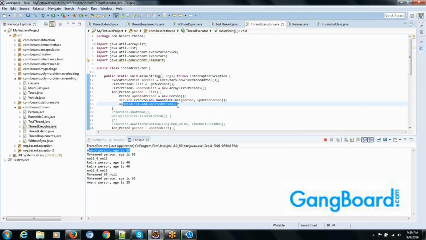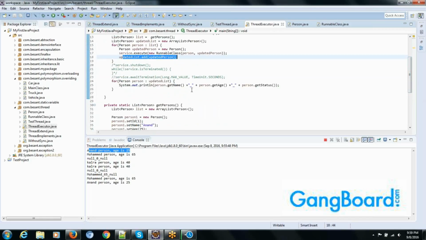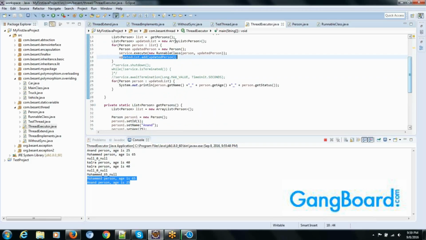But let's say when everything is done, you're still printing this out. That's what I'm saying, it might be updated or it might not be updated. We can't judge it. It's based on the priority. So there is a possibility that the update might not go through in parallel. So how do we make sure that before